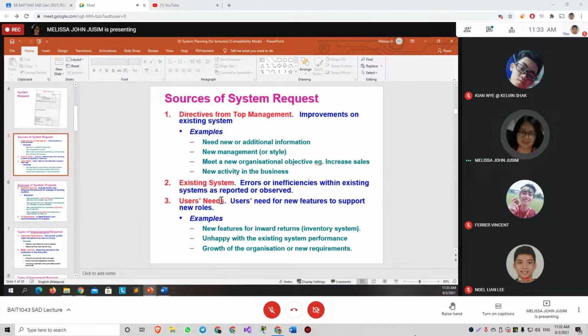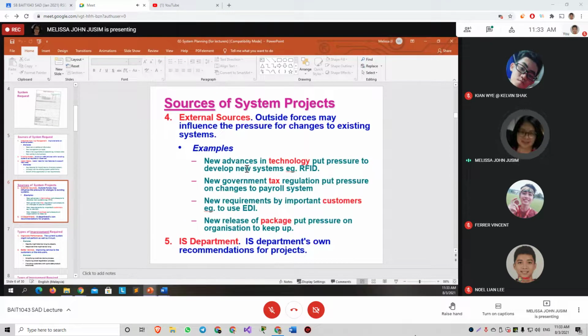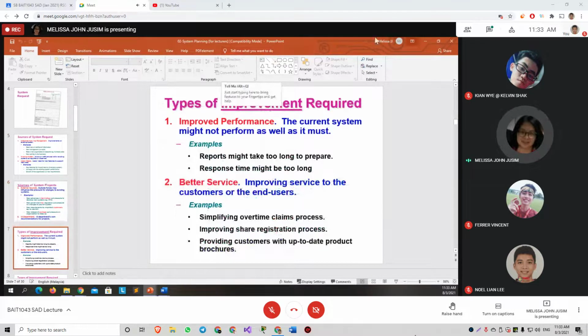Means the system request is either from the top management, or is it due to the existing system, and so on. But then our question actually asks for this one. Farah, the types of improvement required.